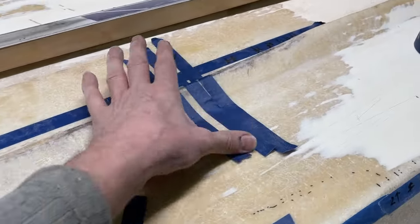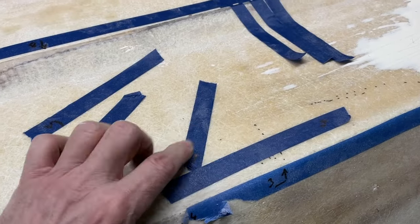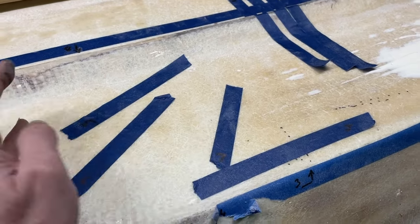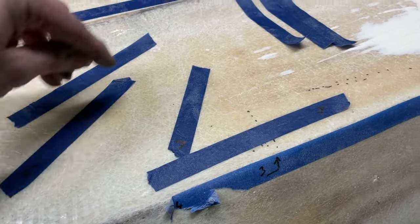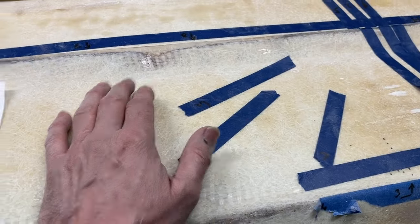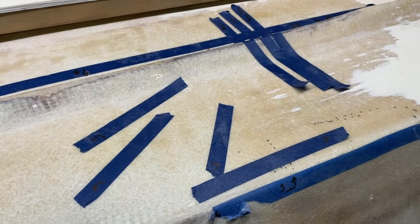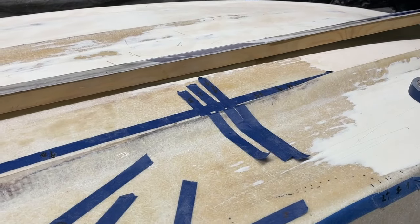And then next one, number 2, shorter, 3 short, and so on. So that I did with the other ones. Take them up on a flat plate and measure the length, and then you can plan your cuts like this. So that's what I want to do, and maybe just tidy up a bit here,